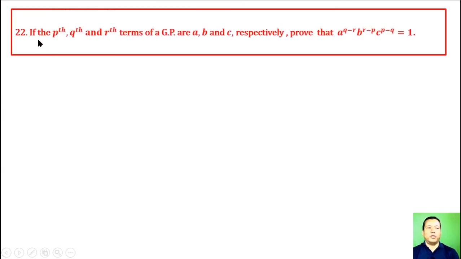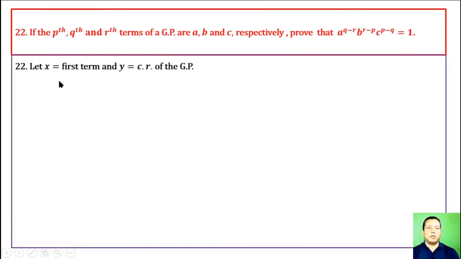Question 22. If the p, q, and r terms of a GP are small a, small b, small c respectively, prove that their product is 1. Let x be the first term and y be the common ratio of the GP. Then small a, which is the p term of the GP, is x times y to the power p minus 1. B is the q term of the GP, which is equal to x times y to the power q minus 1. C is also